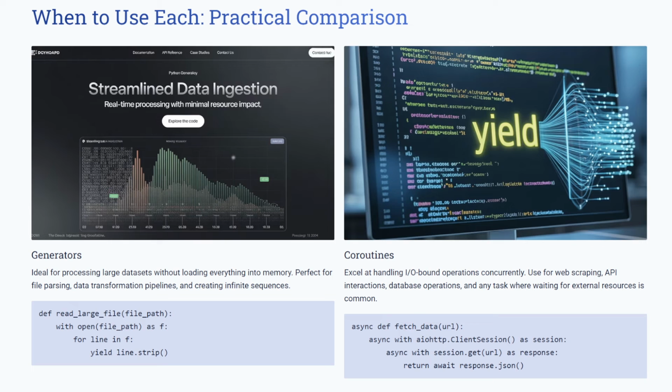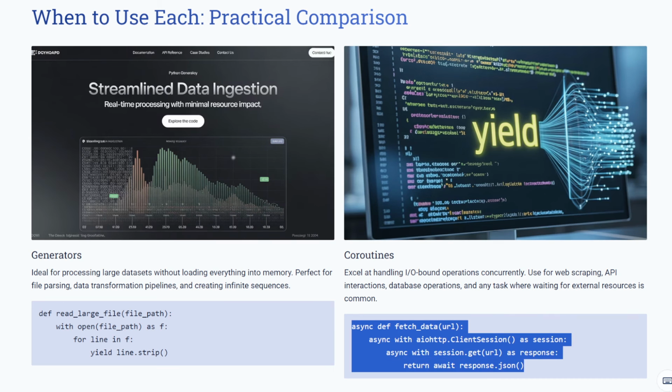On the other side, coroutines excel at handling input-output bound operations concurrently, and you have to use them for stuff like web scraping, API interactions, database operations, and any tasks where waiting for external resources is very common. So that's an example code right below the coroutines where you can try this out in your VS Code or PyCharm. Do let us know how it went after trying this out,